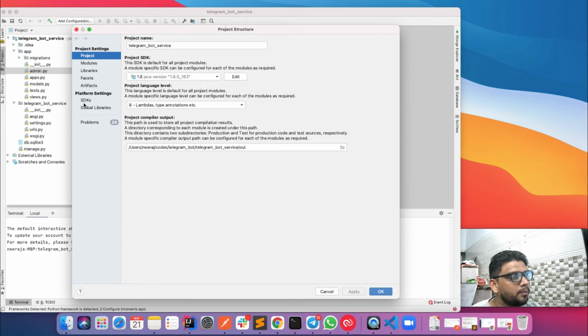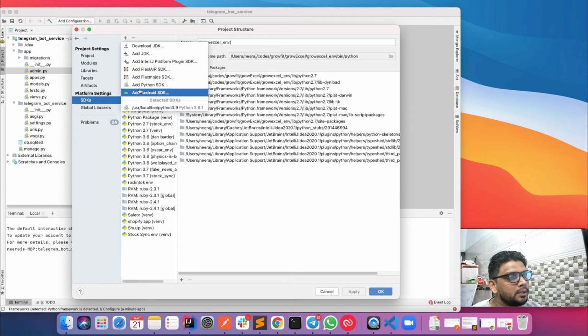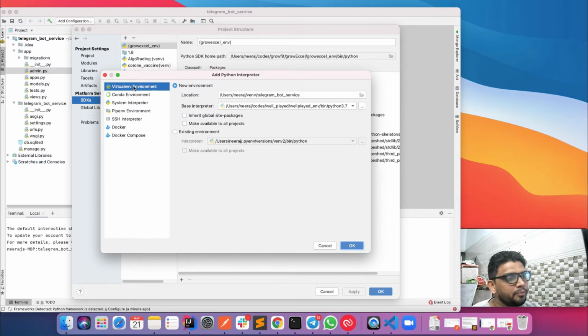This will come up. Now go to the SDKs. You can see these are all my existing SDKs. I want to create a new SDK. Just click on the plus over here. I want to add a Python SDK. Just click on Python SDK.